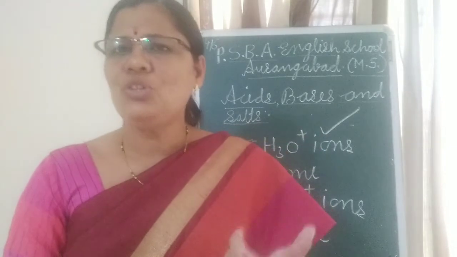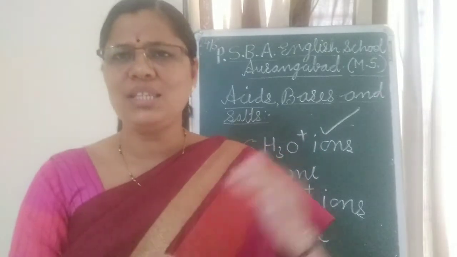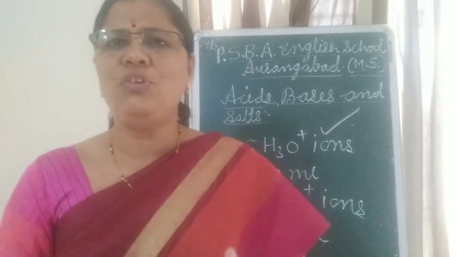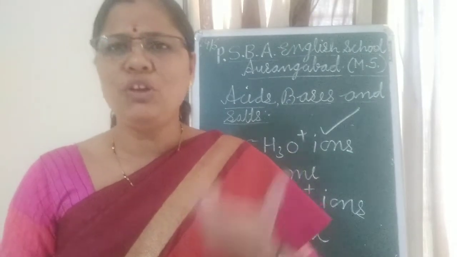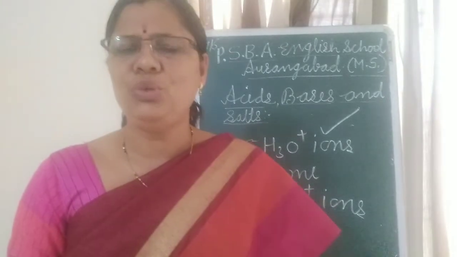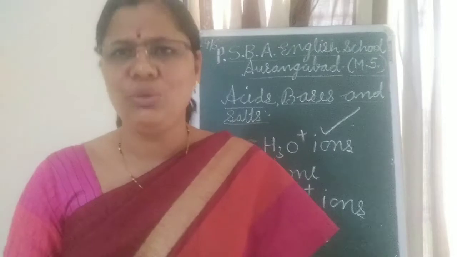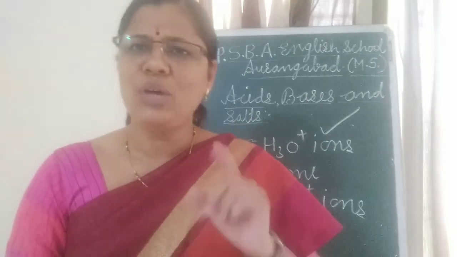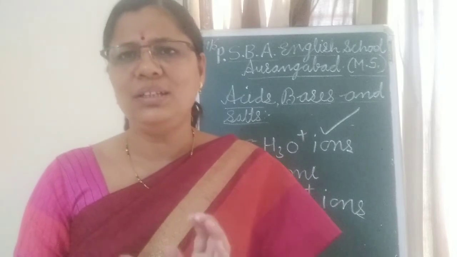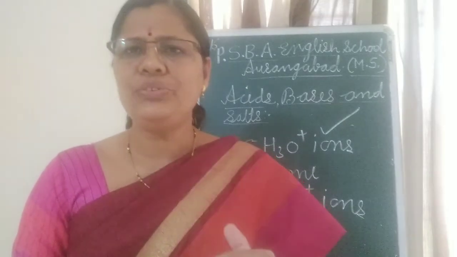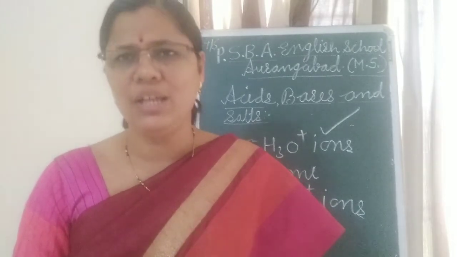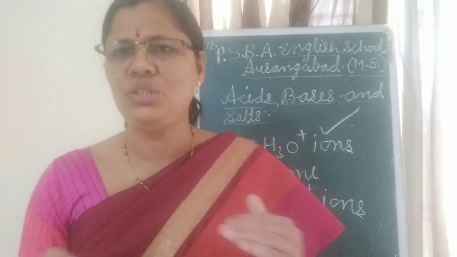Now in case of NaOH also, with hydroxide ions, the same happens, and with the same activity you can perform it. Then you will observe that hydroxide ions also go on decreasing per unit volume if you are adding water or diluting that NaOH or base. Okay children, so I think this point is also clear. When an acid or base is mixed in water, the concentration of H3O positive ions as well as OH negative ions will decrease per unit volume.